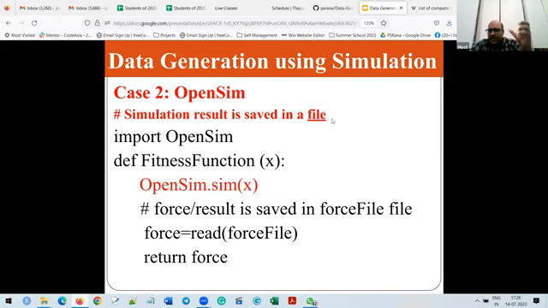अब जो simulation part है उसके जो configuration file आपने run की है, तो जो parameters आपके generate हो रहे हैं, you need to write that particular simulation file, and जो हमारा result आ रहा है that is also stored in a file. So let's suppose you run this open simulation software, function को call किया, and उसने एक force नाम की file में answer लिख रहा है वो. तो I need to read that particular file, उसमें से I need to extract my value, and then उसको मुझे return करना है.